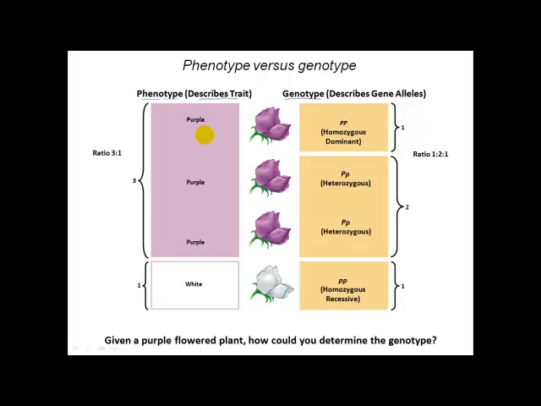So in this case, with our purple and white flowers, we have the phenotype of being either purple or white flowered, but those phenotypes are determined by the corresponding genotypes that we just saw playing out in our cross. So the phenotype ratio that was observed in that F2 generation was 3:1, but that was being driven by a genotype ratio of 1:2:1, as we saw in that Punnett square, 1 out of 4 being individuals that have two alleles the same type, both the dominant purple allele. So we can define that state of having two alleles of the same type as being homozygous. So your two alleles are the same.